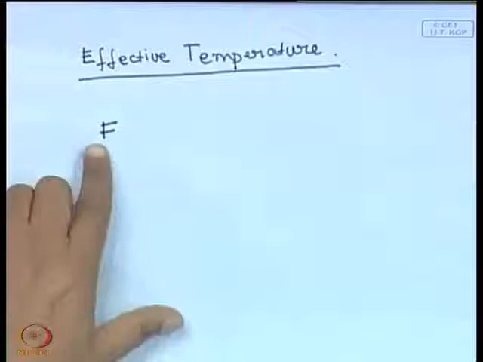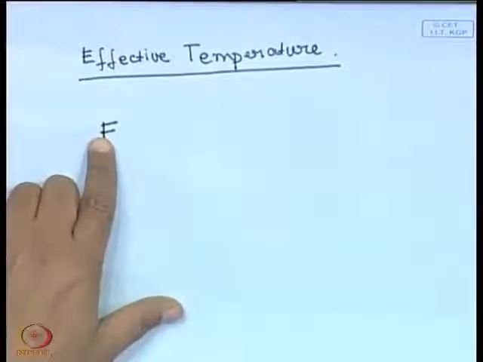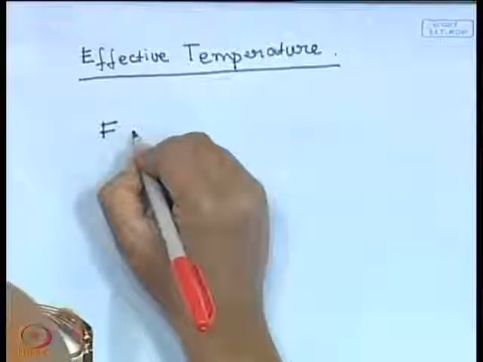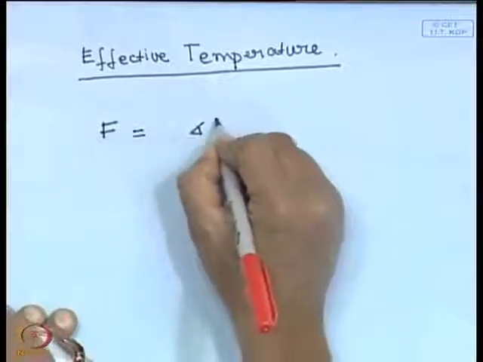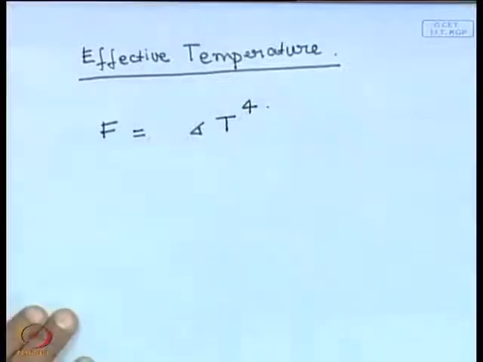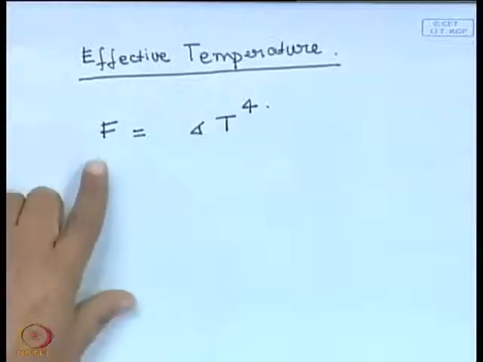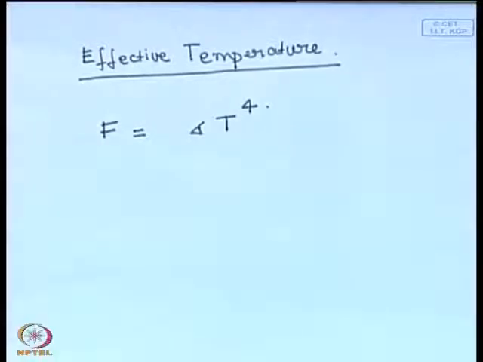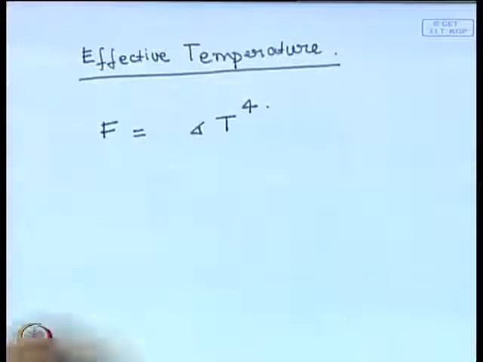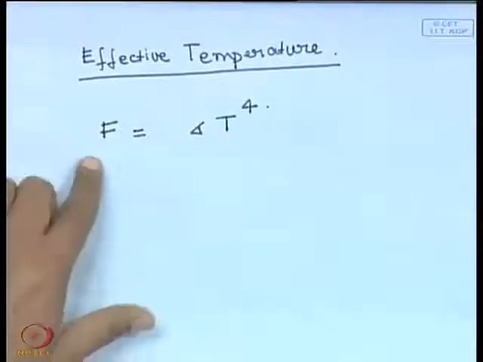So, this is the flux emitted per area of that source, and we know that if it is a black body, this will be sigma T to the power 4. So, if I can measure the flux that comes per unit area of that source, for example the sun, I know its radius, so I can determine the area, and if I know how much energy is being emitted per unit area of the sun, how much flux,